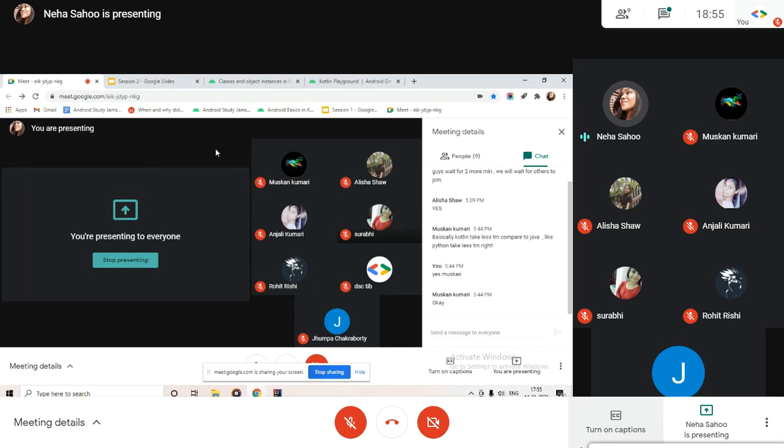So in that case, we will be needing switch statements. Let me tell you, in Kotlin there is nothing called a switch statement, but it is known as a when statement. So we will be learning about when statements as well. It works very similar to the switch case statement. So I don't think we will be having any problem with these two things.